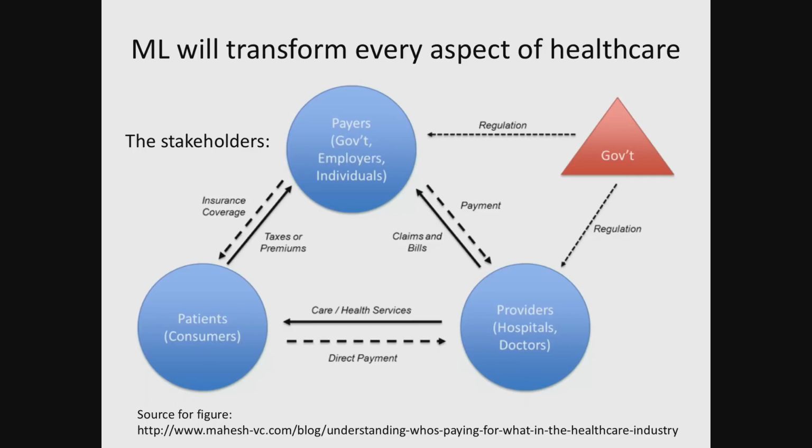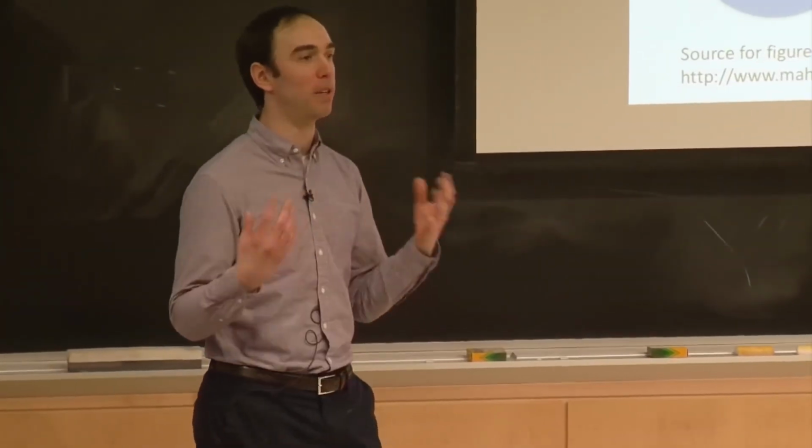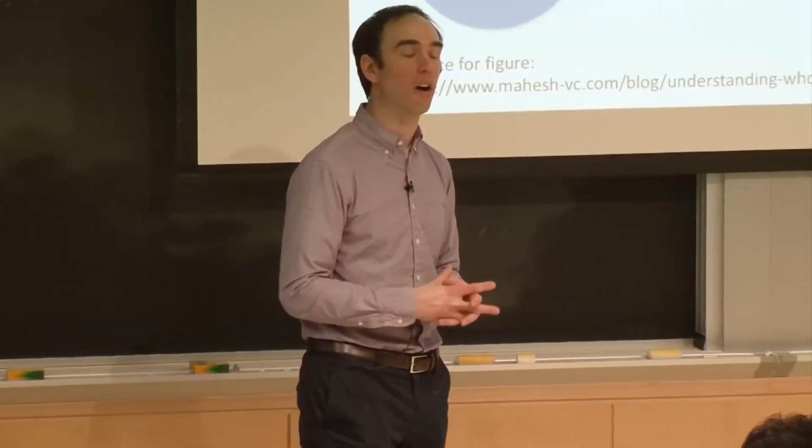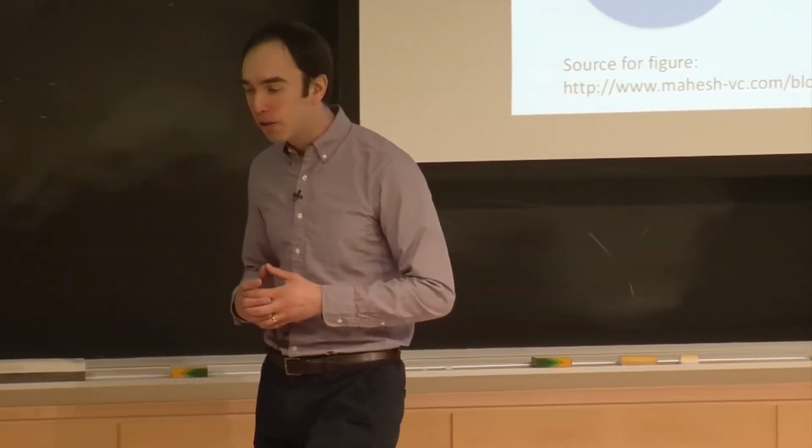There are payers, where these edges are really showing relationships between the different players. So our consumers, we often, either from our job or directly from us, will pay premiums to a health insurance company, and then that health insurance company is responsible for payments to the providers to provide services to us patients. Now, here in the US, the payers are both commercial and governmental. So many of you will know companies like Cigna or Aetna or Blue Cross, which are commercial providers of health insurance. But there are also governmental ones.